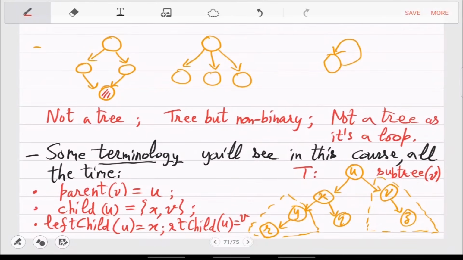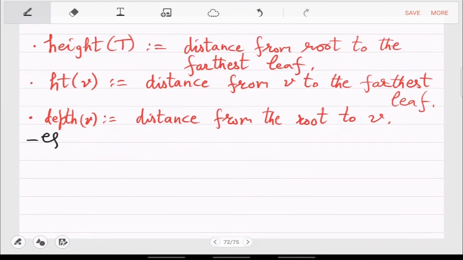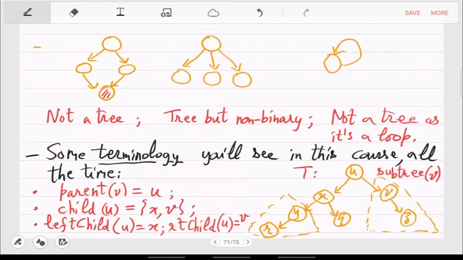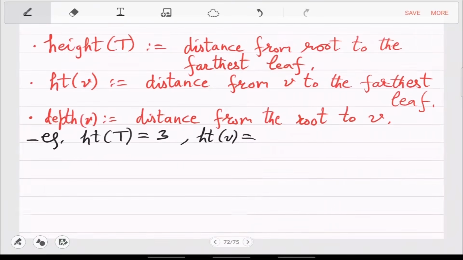Okay, so you have depth and you have height. So height of the previous tree, for example, is 3, while height of the vertex V was 1, which is the same as the depth.